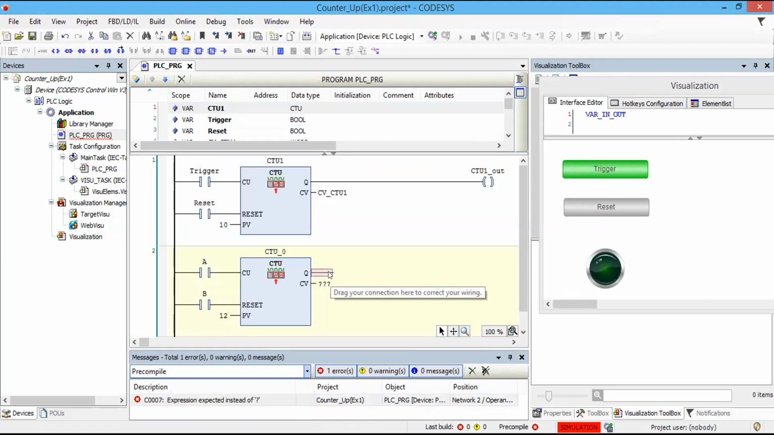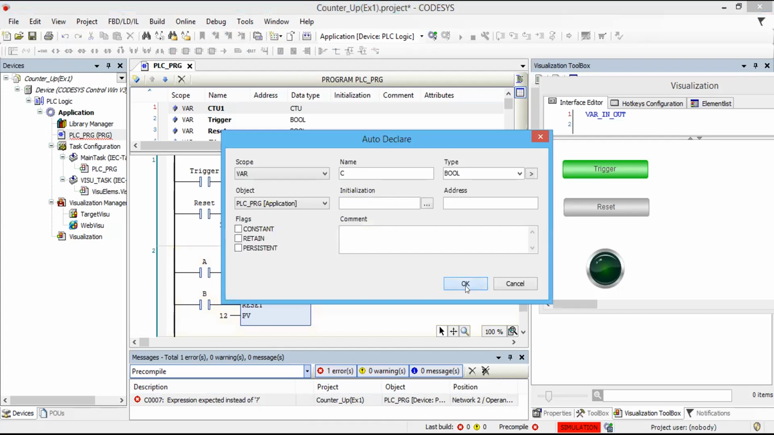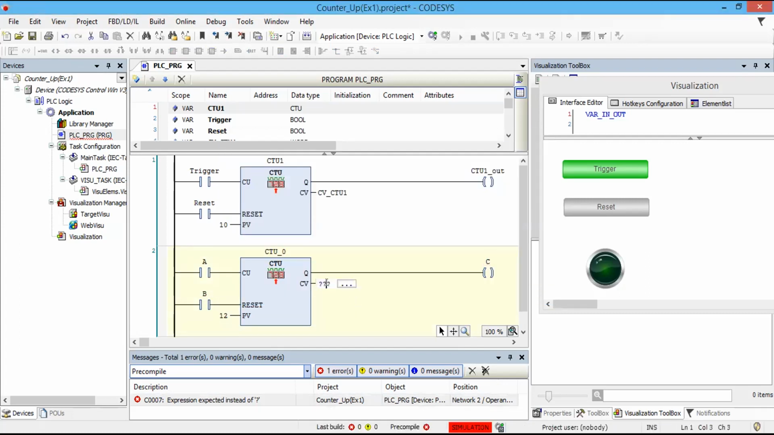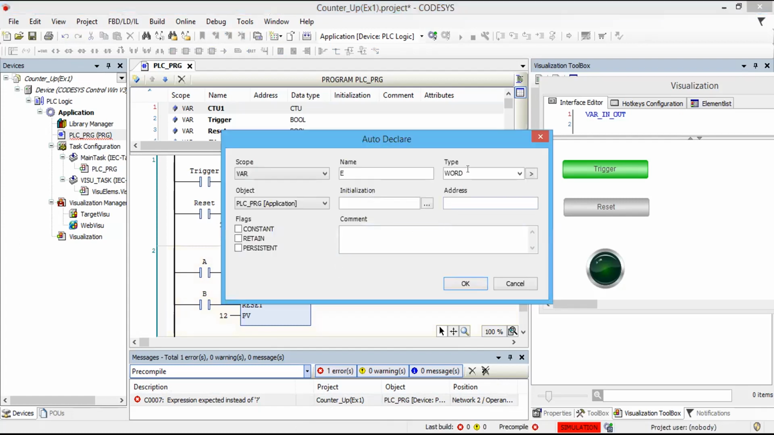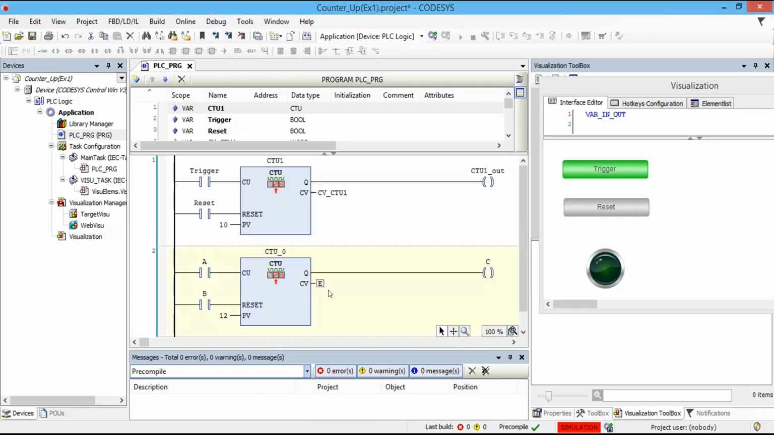And here just go to again and make a coil, insert a coil. So you can set it as output, maybe C, and it is also Boolean. And this is the current value that you want to have, like type any name, like let's say E. So it's a word, which means a 16-bit value. Then okay, right? So now you know how to insert the counter and how to define these inputs